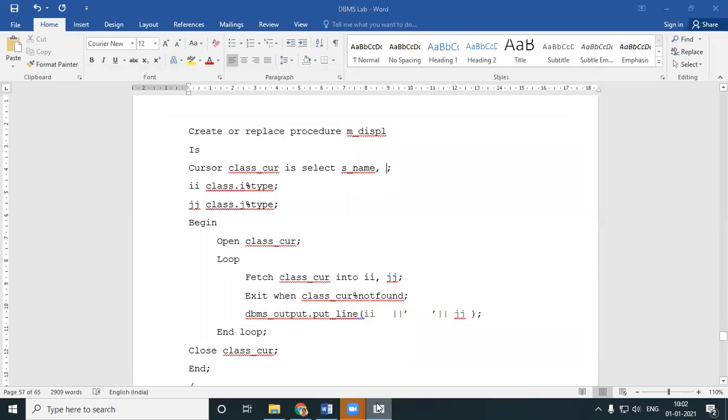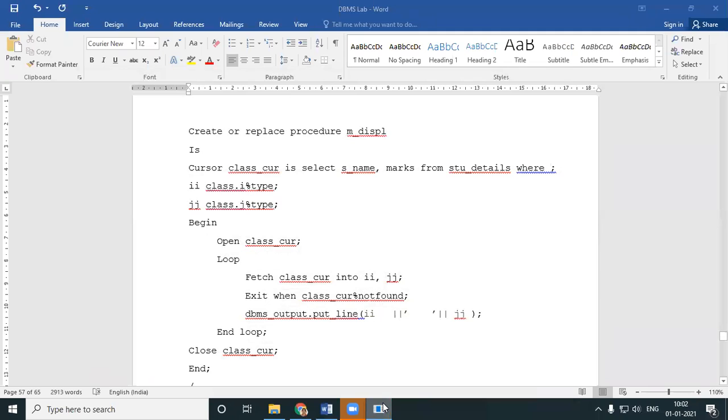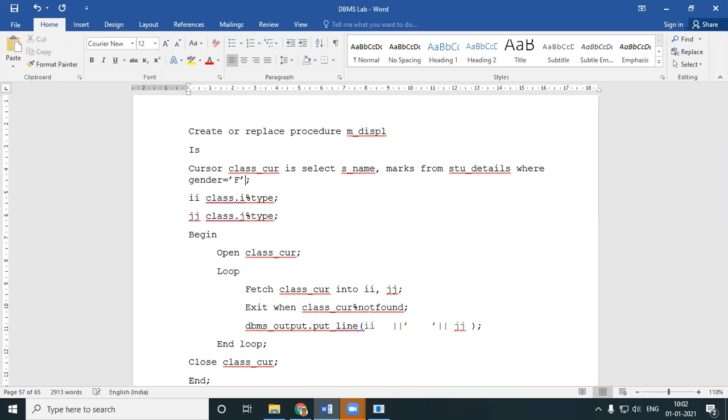We want the name and the marks from STU underscore details, where gender equal to female.